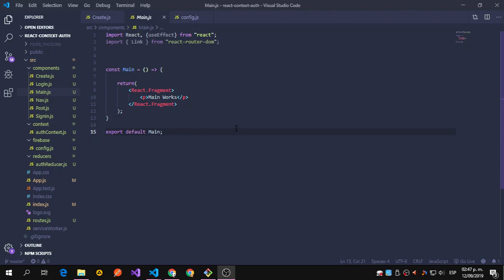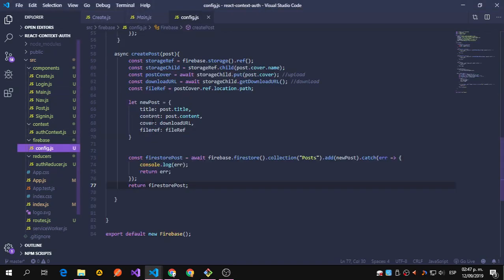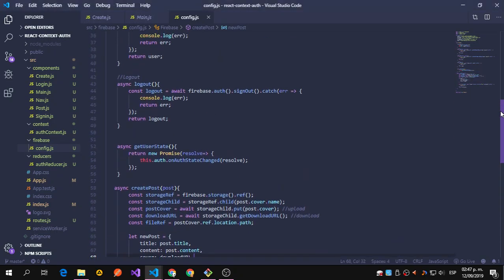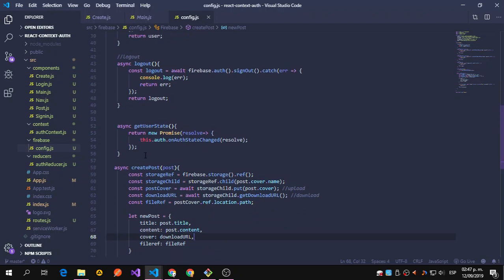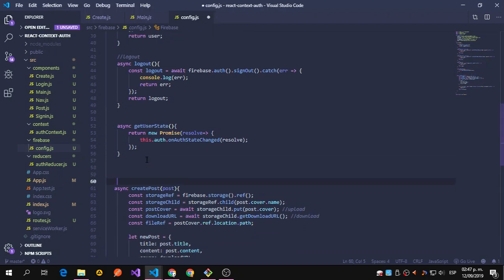Okay, now let's add the functionality that fetches the posts, in the array of posts and each individual post. So let's go maybe up here, and we're going to say async getPosts,